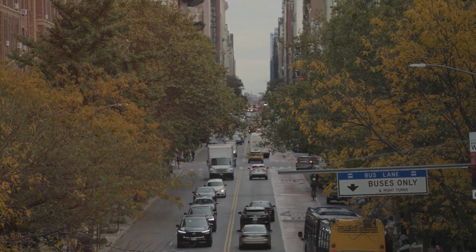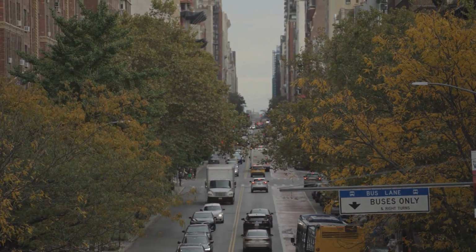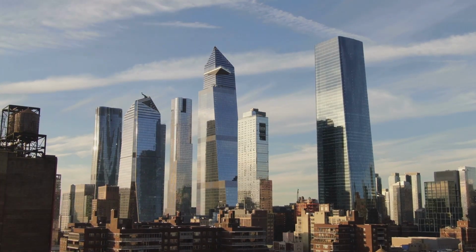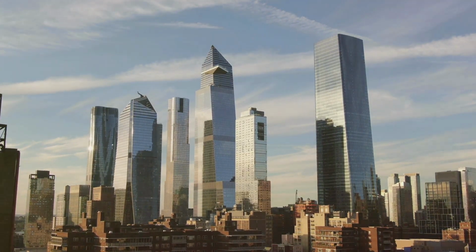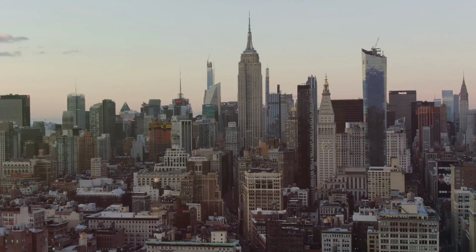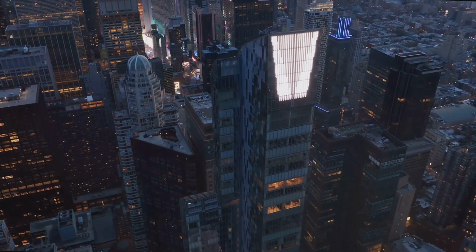The High Line, a park built on elevated railroad tracks, is a prime example of urban renewal and sustainable design. Hudson Yards, a massive new development on Manhattan's west side, incorporates green spaces, public art, and sustainable building practices. These projects reflect a growing awareness of the need to create a more livable and sustainable city for future generations. They show that New York's architectural journey is far from over. It continues to inspire and amaze,